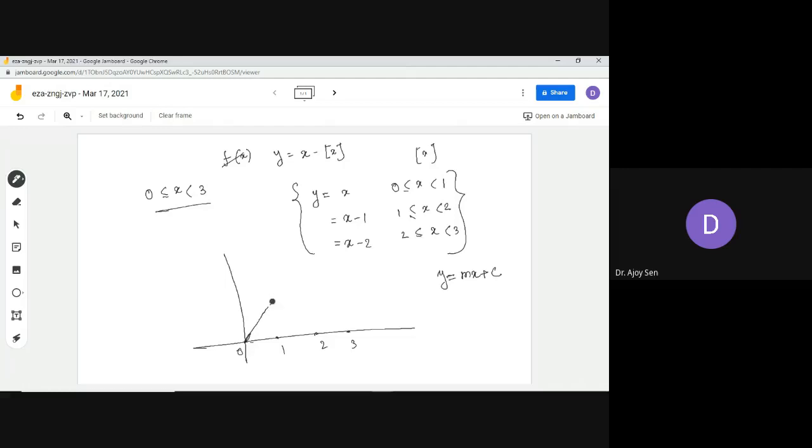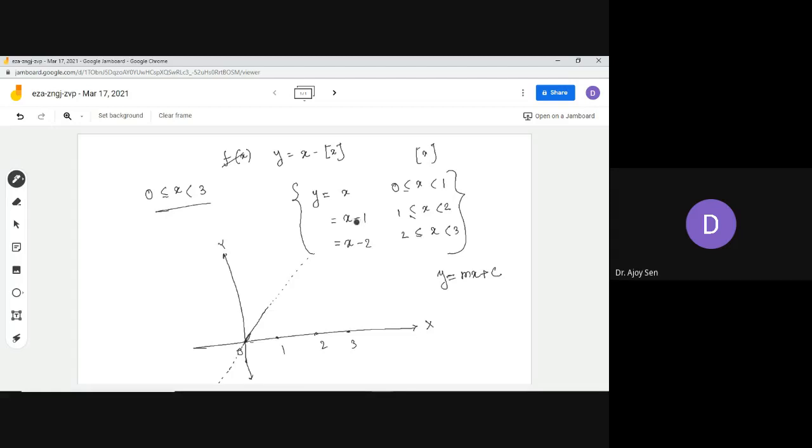If you draw, this is the whole thing, and in the backwards this thing is there. This is your y axis, and this is your x axis. So this graph will be there. Now whenever you move on from 0 to 1 to 1 to 2, the graph will be slightly different. So what will be the graph?